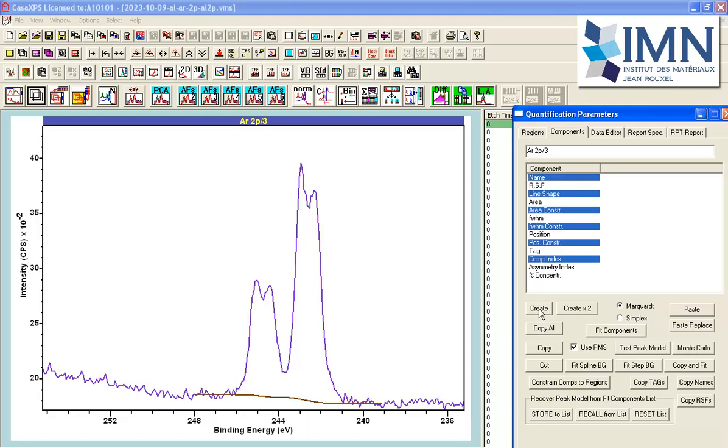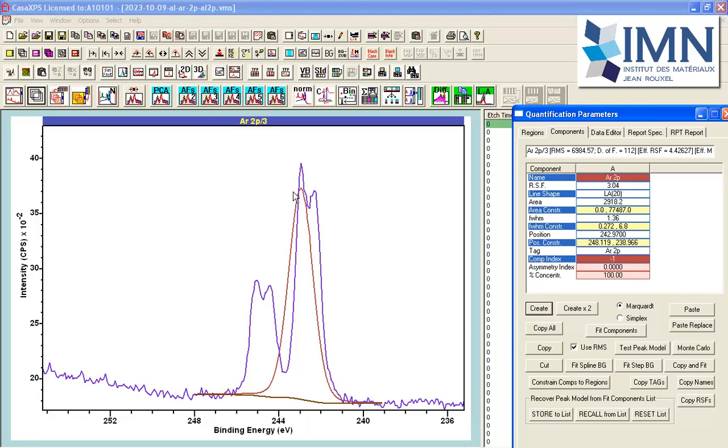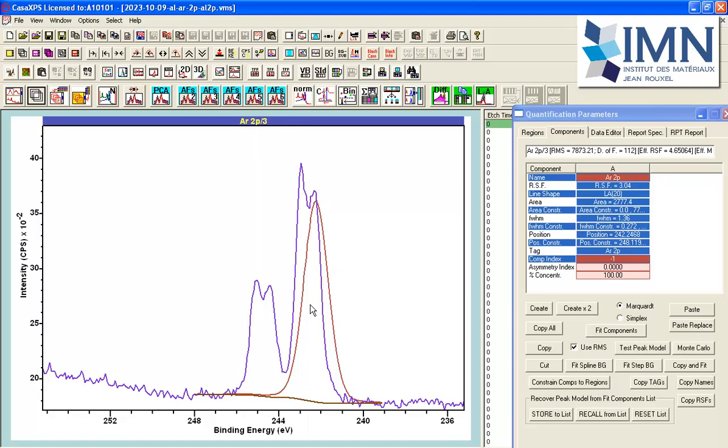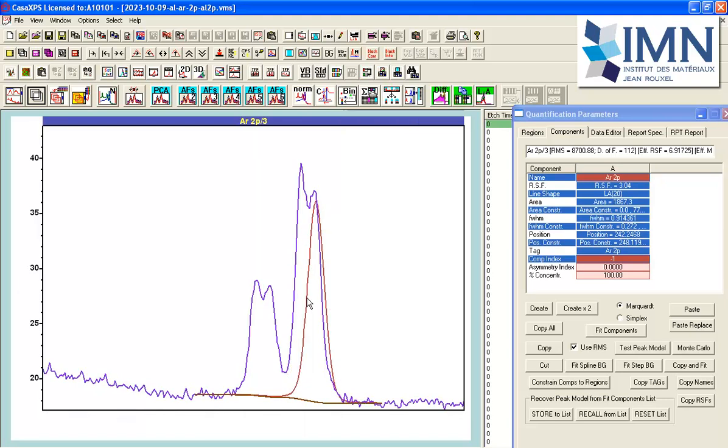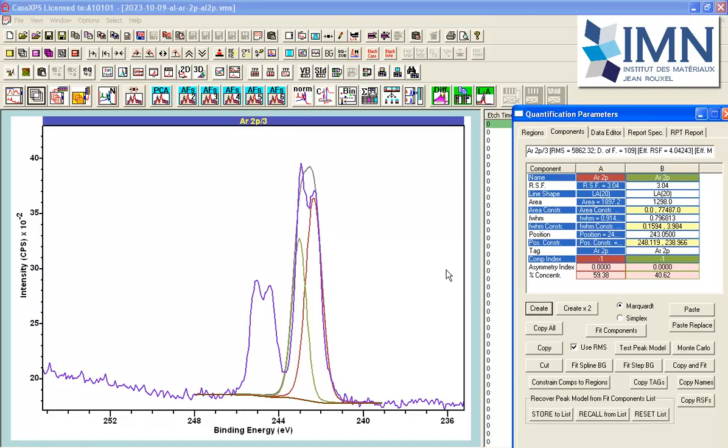Creating a peak model involves constructing a set of component peaks. So I could create one and then make some adjustment using the mouse, and I'm holding the shift key down to adjust the width without causing the height of the peak to change, that has allowed me to position one of these peaks in this spectrum. So adding another peak, well, it has been positioned where the residual is the greatest, so I'm going to